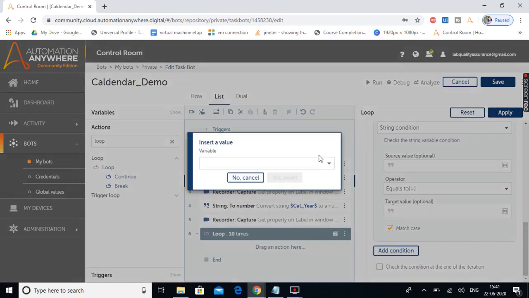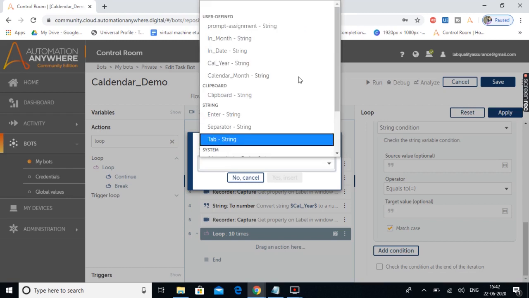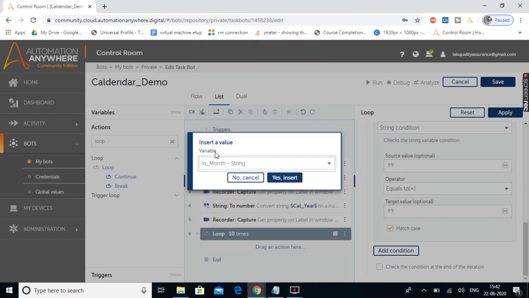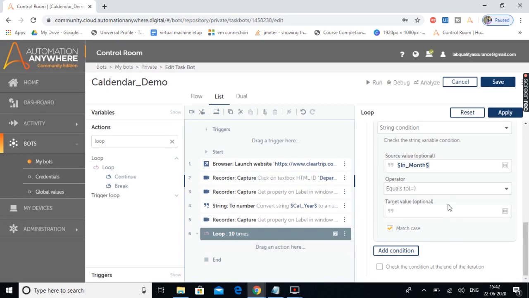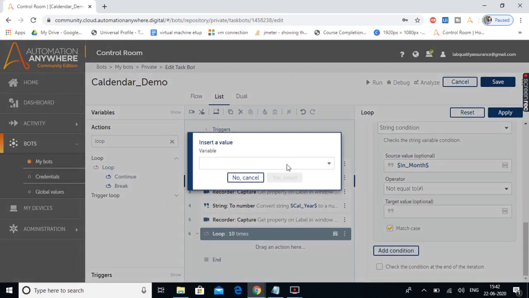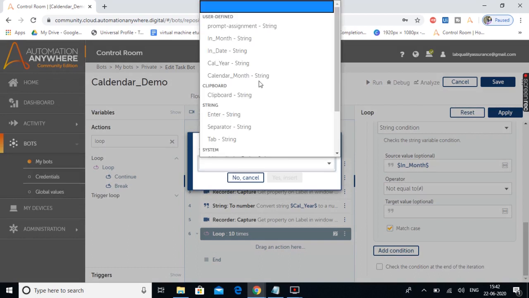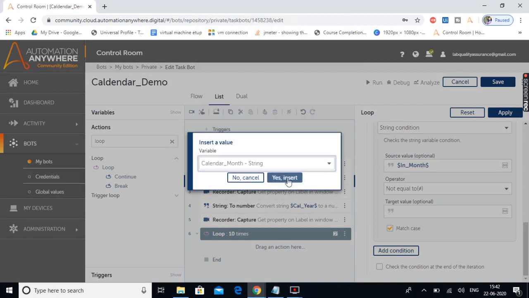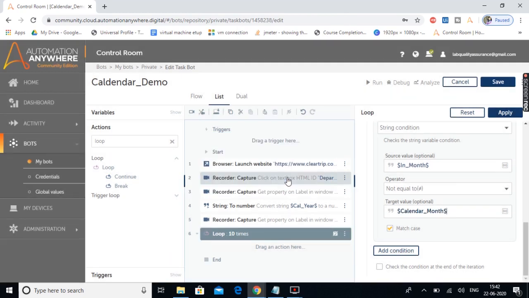Press F2, and from the variables let's select input month, that is the month which the user provided. We created these variables in the very beginning of the task. Let's click on yes, insert, not equal to, and for the target I'm taking press F2, and from the drop down let's select this calendar month, and click on yes, insert.